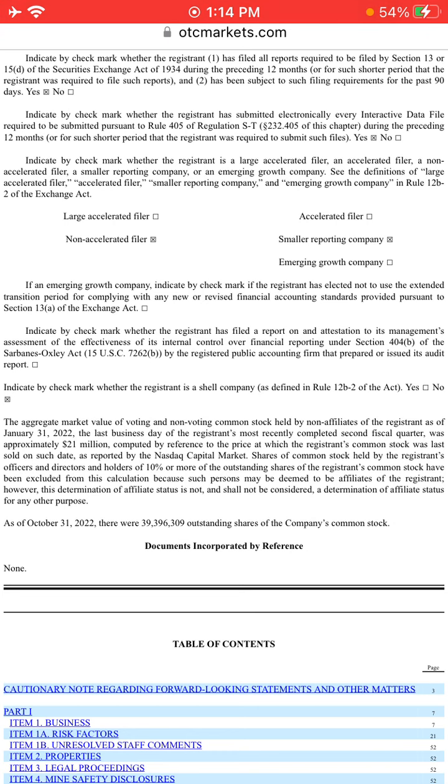So let's just say that if the float was 40 million and then they did a 1 to 10 reverse split and the current price was $1, after the reverse split the price will be $10 and the float will shrink from 40 million to 4 million. So obviously,